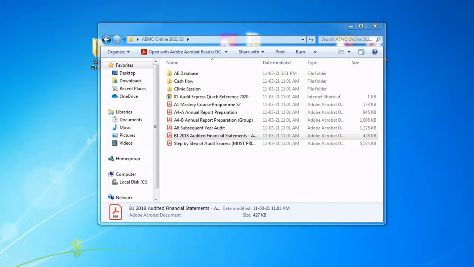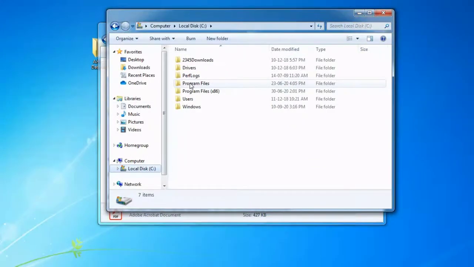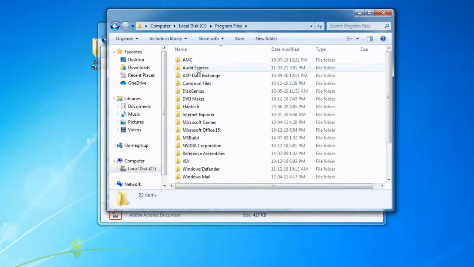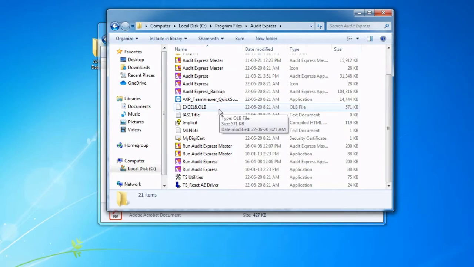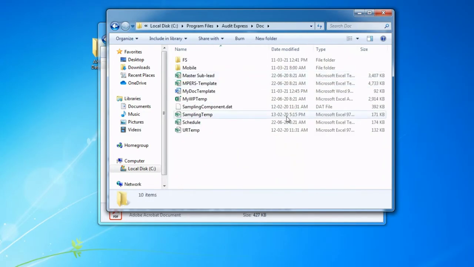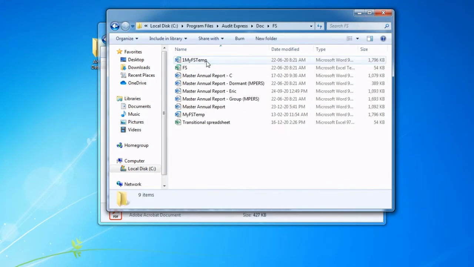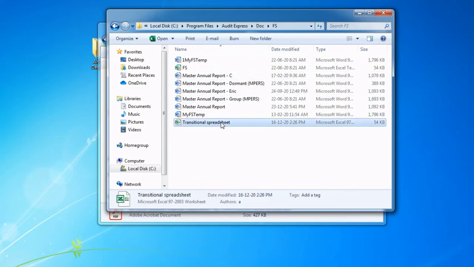Actually in our computer, if you go to the C drive, let's say this is my C drive, you can go to Program Files, AliExpress, then the DOC folder, then FS. Here there is one template for the transition spreadsheet, but normally we don't teach you because it's just a template underlying that. So maybe it could be due to this file